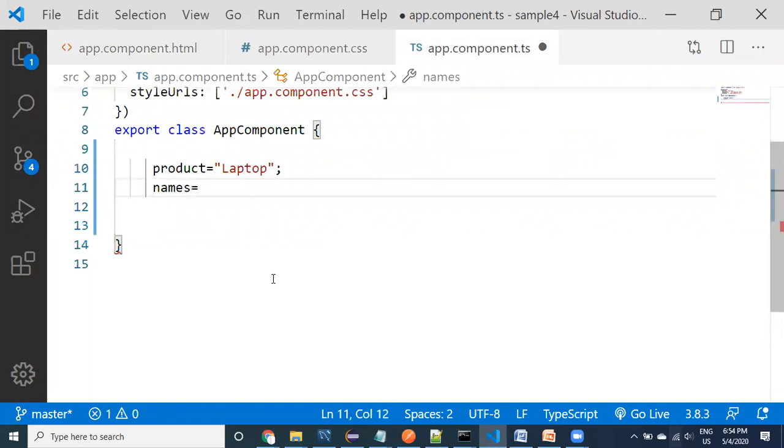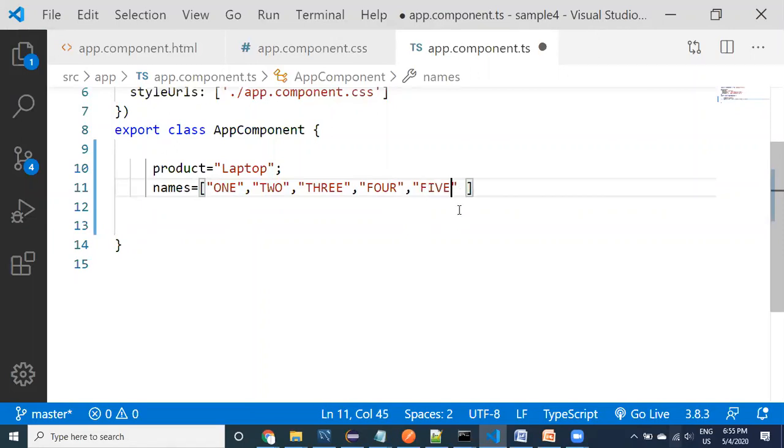I'm going to take an array of names, and this is the array I'm declaring in the component class. Whatever data we are providing, we are hard coding in the component. This data is going to come from REST services, so that we get the data dynamically.